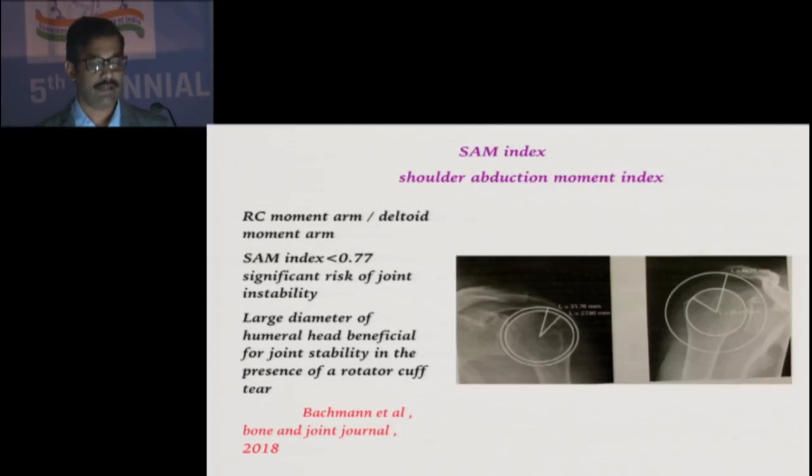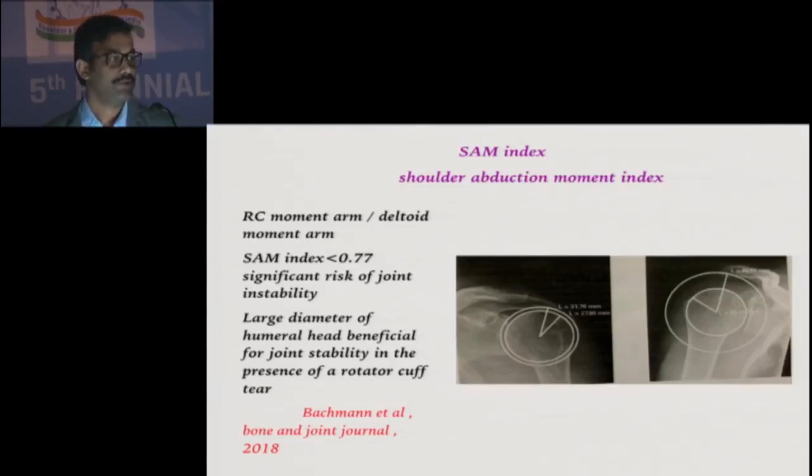So this can be calculated by this kind of method where you can draw a circle, one covering the humeral head, which can represent the rotator cuff moment arm, and again another circle which has its center at the humeral head, but the periphery of the circle is at the subacromial space or the undersurface of the acromion. So when you have a ratio, if the ratio is less than 0.77, these patients have a high risk of developing pseudoparalysis with a similar cuff tear. If the ratio is more than 0.77, these patients have less risk of developing pseudoparalysis with the same type of